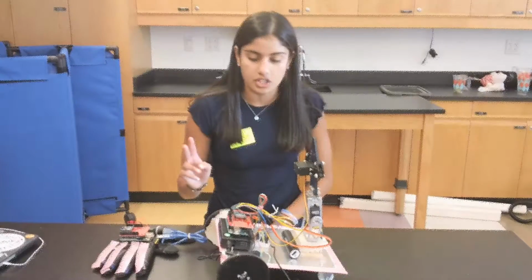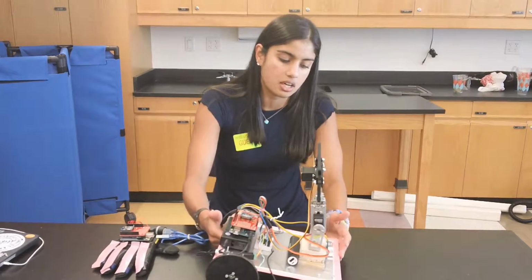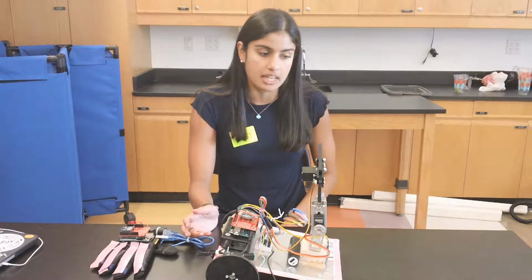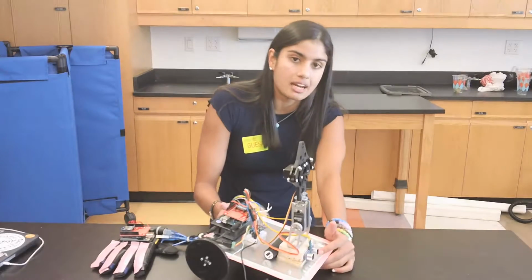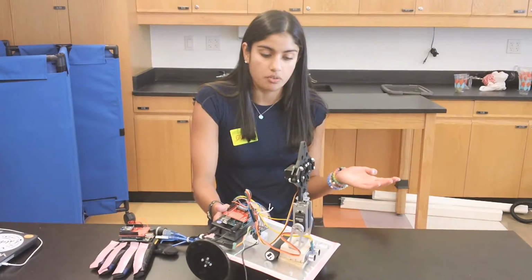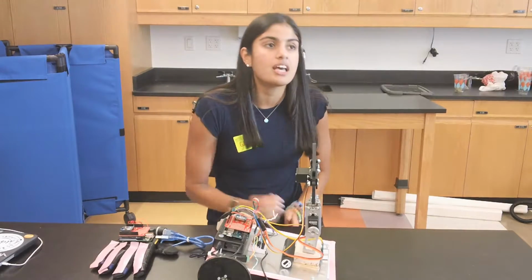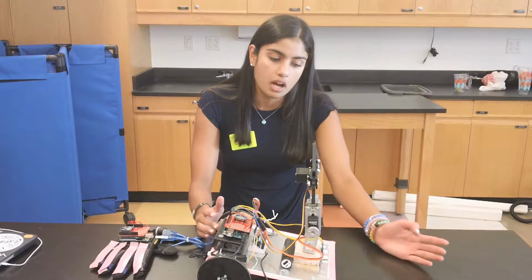And so since my last milestone, I've added 3 modifications. The first one is an ultrasonic sensor. What this does is it allows me to stop the motors when the chassis comes within 10 centimeters of an object. How it works is one sensor sends out a sound wave and the other receives it, and then the amount of time it took for one sensor to send and the other to receive is calculated,